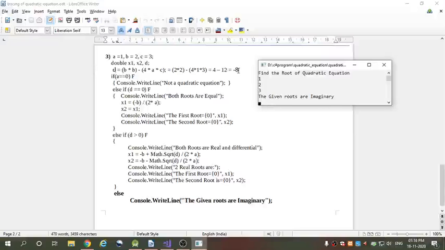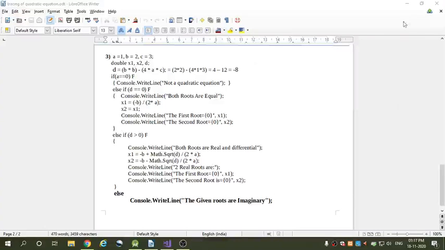The d value is minus 8 here, and it checks the condition if a is equal to 0. No, the condition is false. Then it checks the next condition, if d is equal to 0. No, the condition is false, since d is minus 8. After that it checks the next condition, d is greater than 0. No, d is minus 8 and is not greater than 0, so the condition is false. And after that it executes the else part. The given roots are imaginary, and this is the execution in